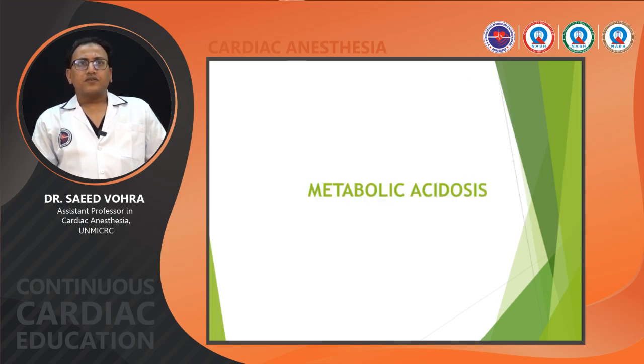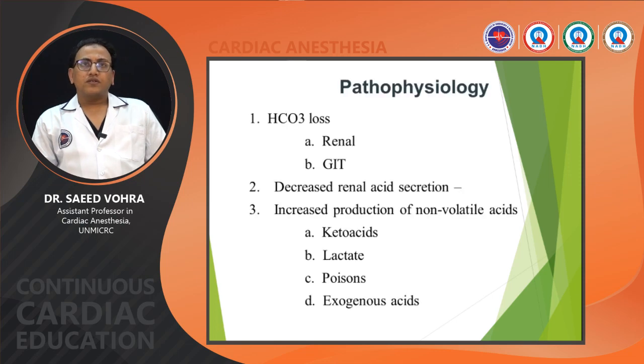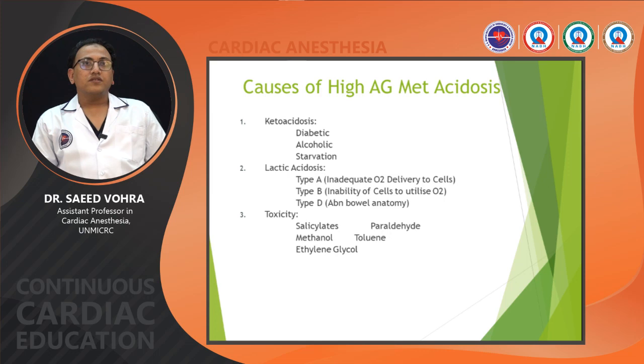Metabolic acidosis. The pathophysiology is bicarbonate loss either through the renal tract or GI tract. There is a decrease of renal acid secretion. There is an increased production of non-volatile acids like keto acids, lactates, poisoning, or exogenous acids. The causes are